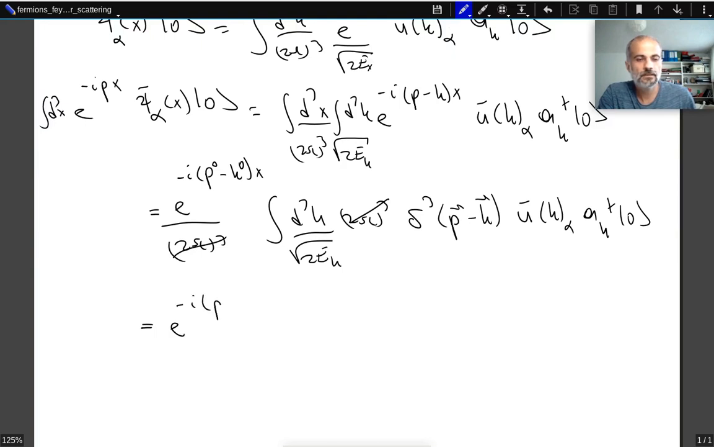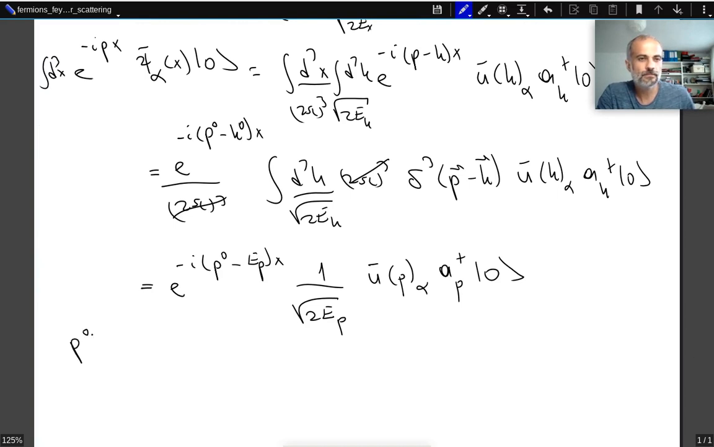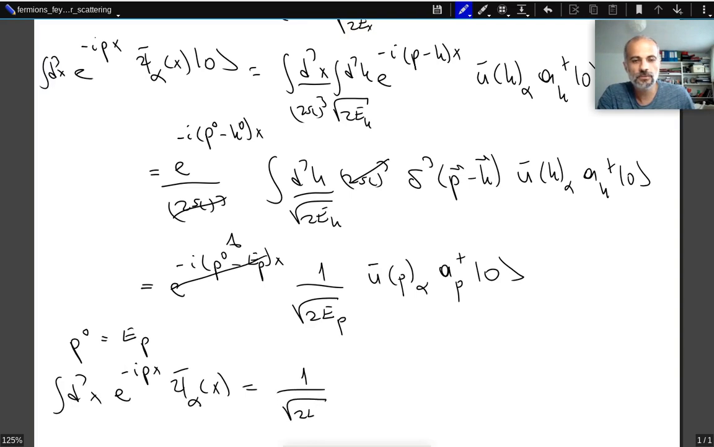E to the power minus i (p0 minus k0) x, 1 over square root of 2Ep. Now note that this k0 is actually just now E of p, and u bar of p alpha a of p dagger acting on vacuum. Now p0 is, well, here we are taking the integral over the three components, so I will also choose p0 to be E of p. So the exponent just gives a factor 1, and we end up having d cubed x e to the power minus i p x psi alpha bar of x. This is equal to 1 over square root of 2Ep u dagger p alpha a of p dagger